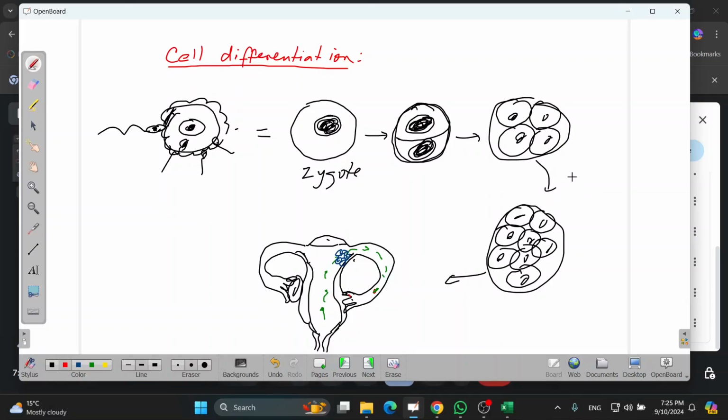Until now, they are all identical cells. Clones, right? Copies, right? From 1 into 2, 2 into 4, 4 into 8, 8 into 16, let's say, and then you will have this bunch of cells, and that will go and stick on the walls of the uterus, guys,